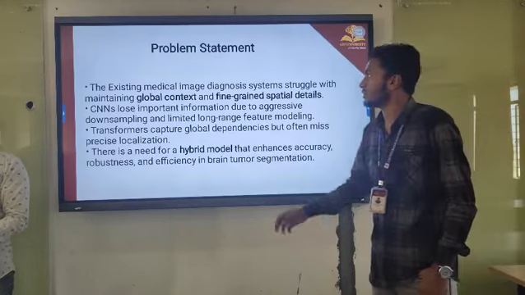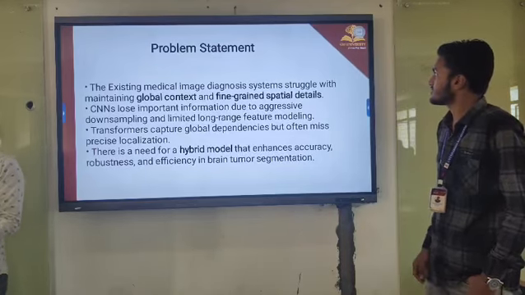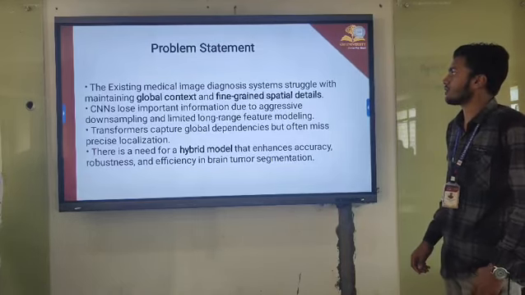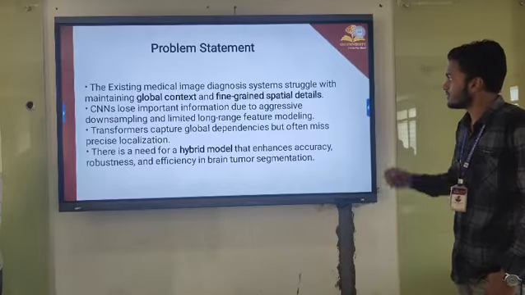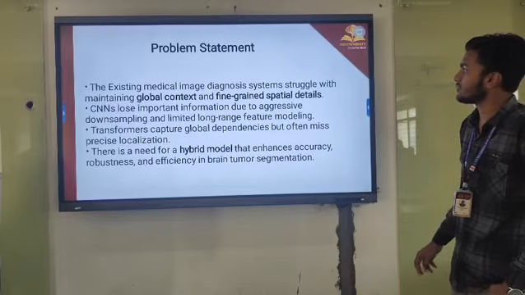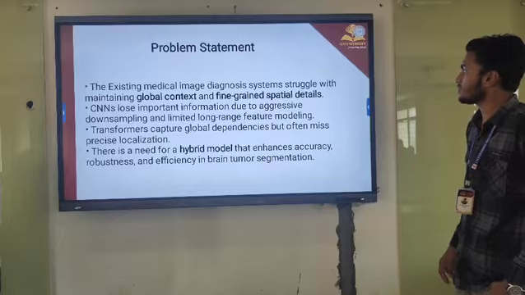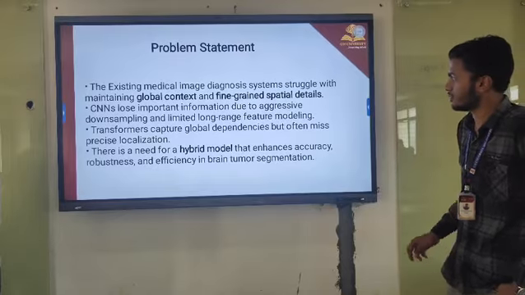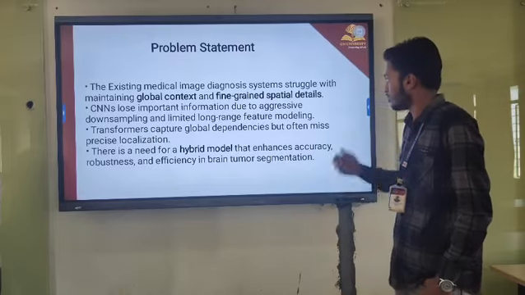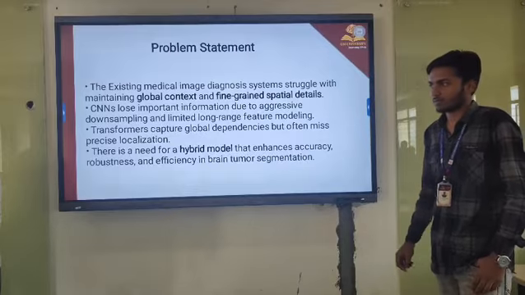Conflict: the existing medical image diagnosis systems struggle with maintaining global context and fine spatial details. In CNN, users lose information due to aggressive down-sampling, being limited to local features only.